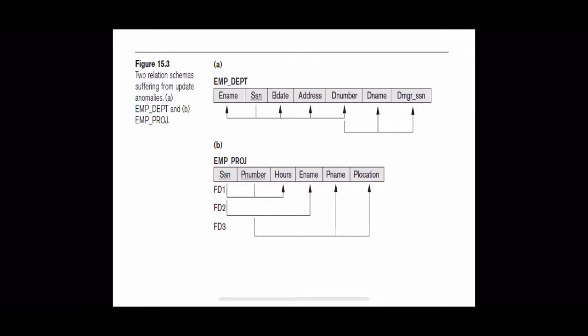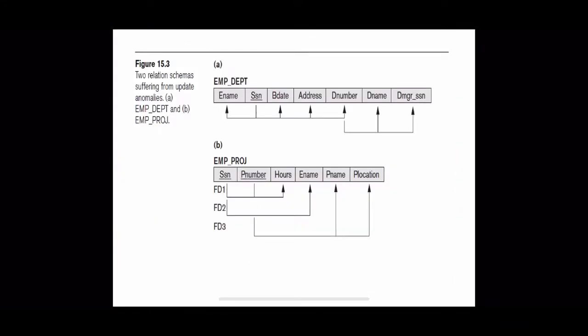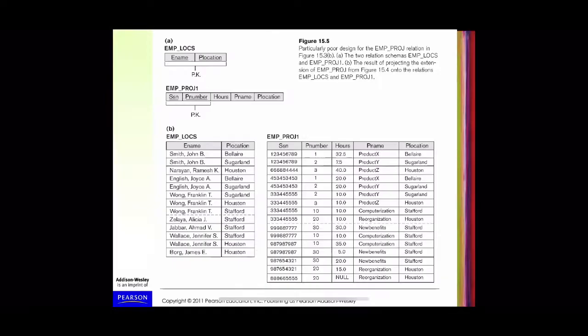We are decomposing into two different tables using some guideline. Suppose we are getting two different tables by decomposing that employee project. We got one as employee location and the second one as employee project. This is also not a good design, and we can see how the spurious tuples will be generated using these two different tables. For the time being, let us assume that this employee project table is decomposed into two different tables: employee location and employee project.